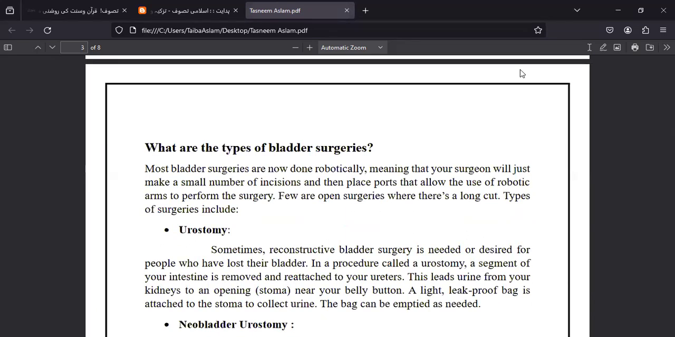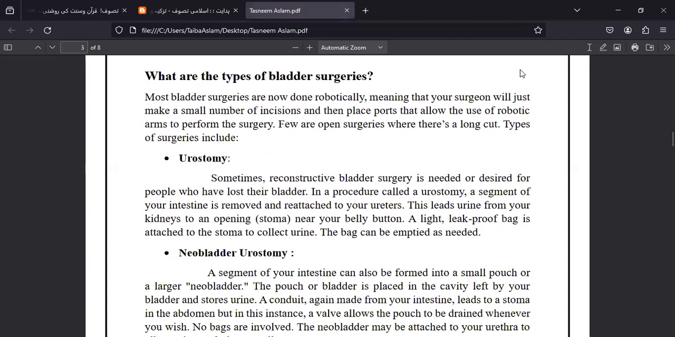And the next is: what are the types of bladder surgeries? Most bladder surgeries are now done robotically, meaning that your surgeons will make a small number of incisions and then place ports that allow the use of robotic arms to perform the surgery. Few are open surgeries. Longer types of surgeries include